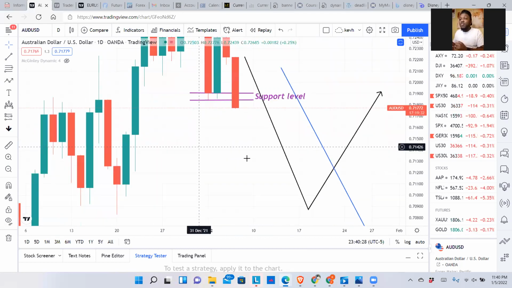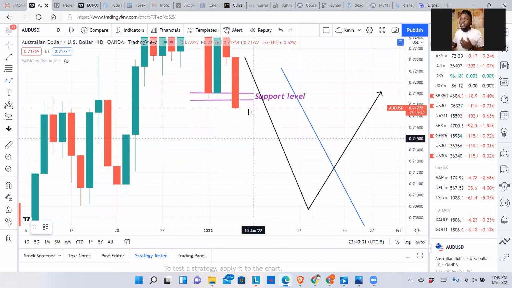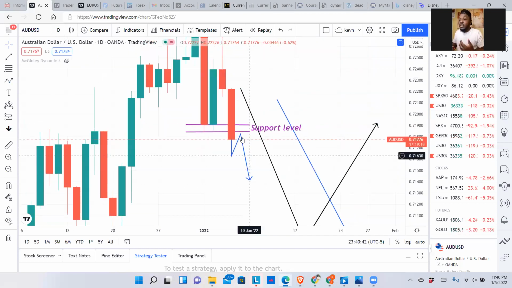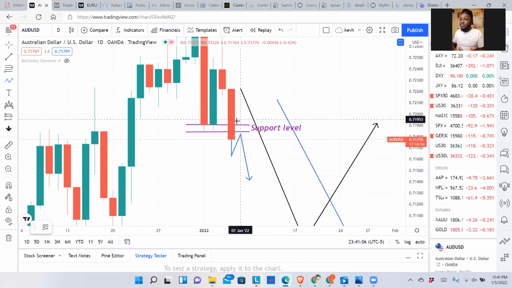So now I am already starting to put things into perspective. If this continues to break, I'd like to see a retest and then the market to drop. There's also another possible scenario on the daily time frame. In the next 20 minutes, we're going to see how this candle closes. This candle could also decide to pull back up and reject this area, giving us a wick before midnight. It doesn't look like it's going to do that, but in case it does,